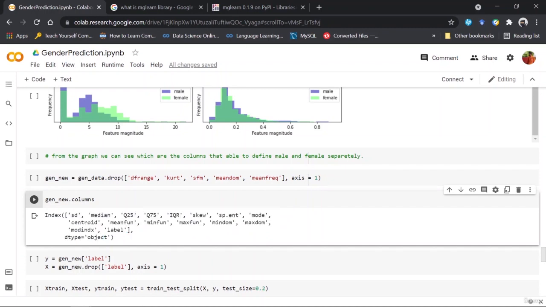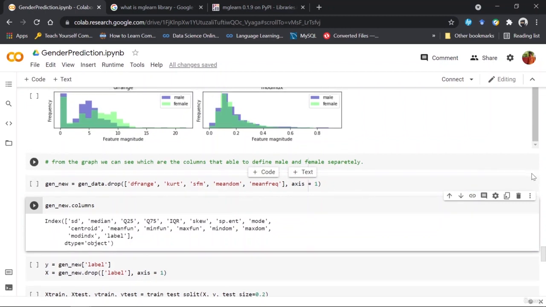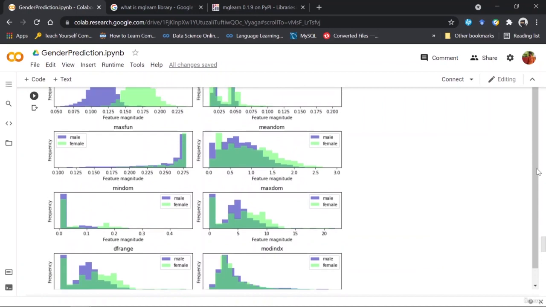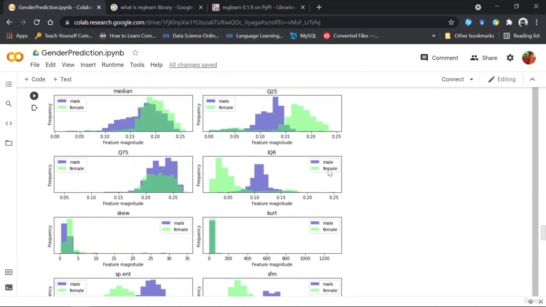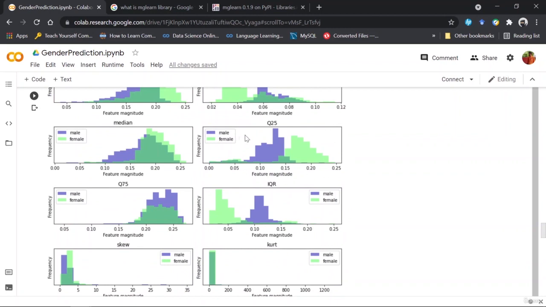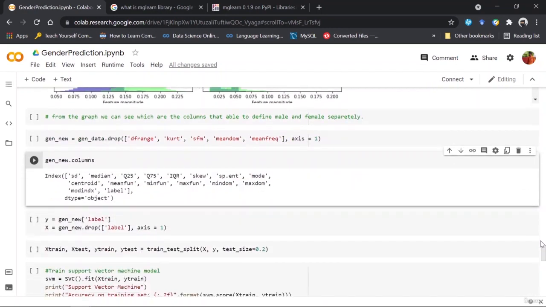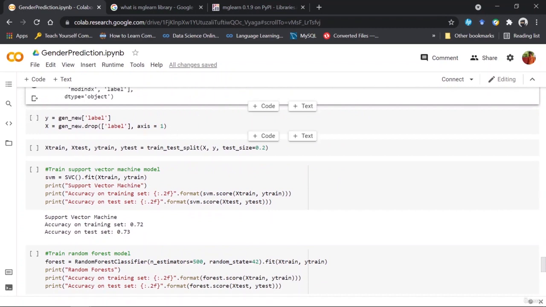I'm not dropping the Q25, and even though it had a high covariance value, since it is able to differentiate male and female pretty well, I'm not dropping this Q25 column from my data set. I'm just segregating the independent and dependent variables,